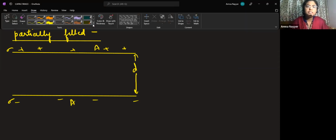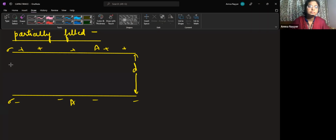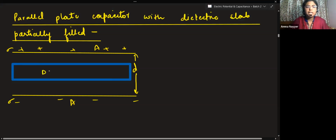Now, if I insert a dielectric slab, this slab I have inserted. This is a dielectric slab. Dielectric word I am repeating. All the definition of insulator is valid for dielectric. And let's say the thickness of this is T. So T is the thickness